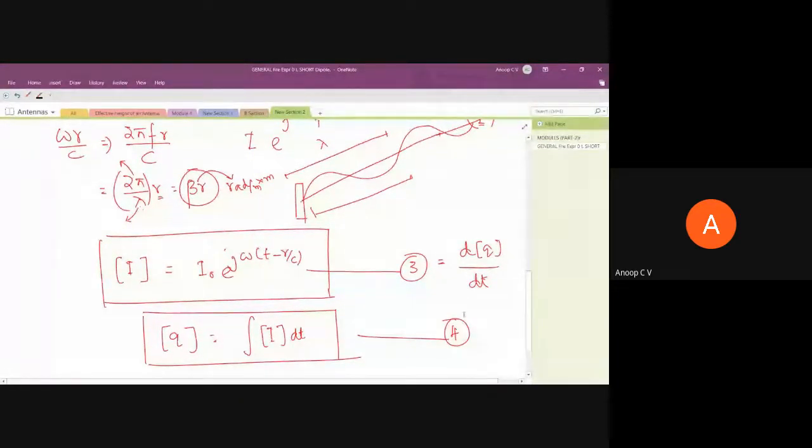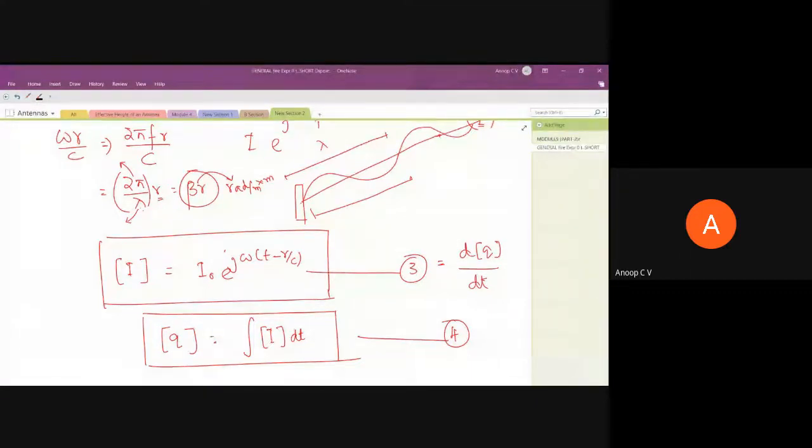So are you clear with this? I just gave you the system model, how I have placed the antenna, and why we are considering these retarded quantities. Any doubt so far, please feel free to ask. If you don't have any doubt, please type yes, no doubt, or you understood, or whatever. Please do respond. It's very crucial, a very important aspect as far as thin linear antennas is concerned.